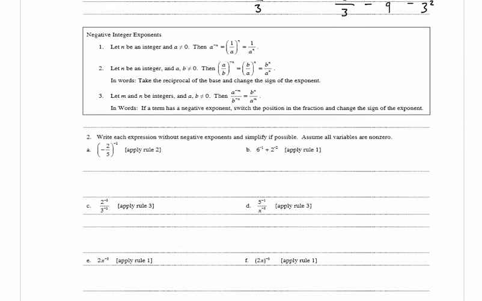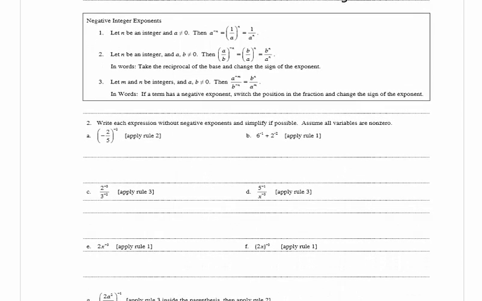In 2, it says, write each expression without negative exponents and simplify if possible. Assume all variables are non-zero. In A, we have negative 2/5 to the negative 2, and it says to apply Rule 2. In Rule 2, it states that if we have a base raised to a negative exponent, and the base is a fraction, we can take the reciprocal of the fraction and write it with a positive exponent. So we can say that this is equal to negative 5/2